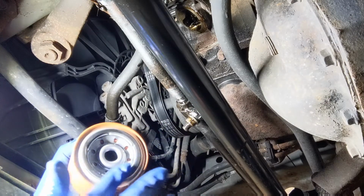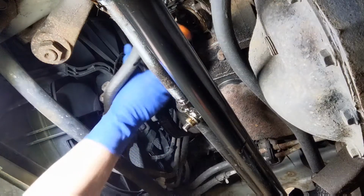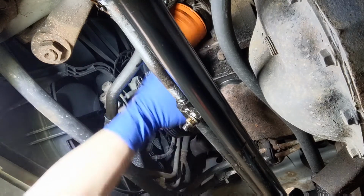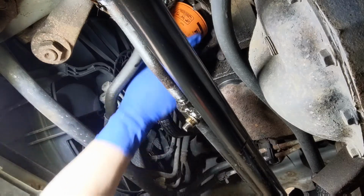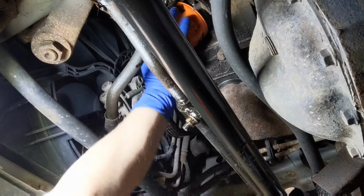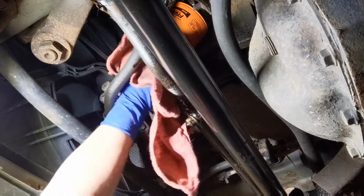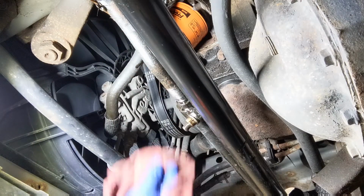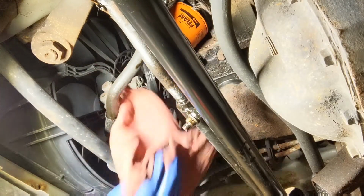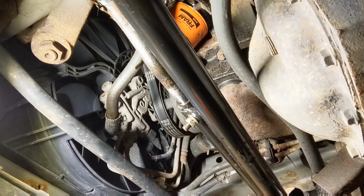Always put a little oil on your seal here. Makes it spin easier, tighten up easier. Just hand tighten them. Sometimes you need a rag if your hands got a little bit of oil on them. And try to wipe. I always try to wipe down that way I can tell if I've got